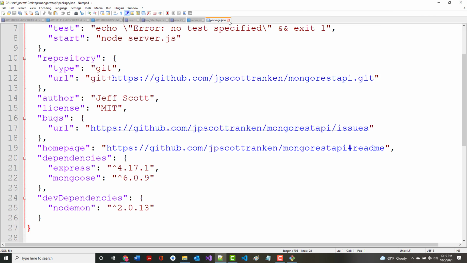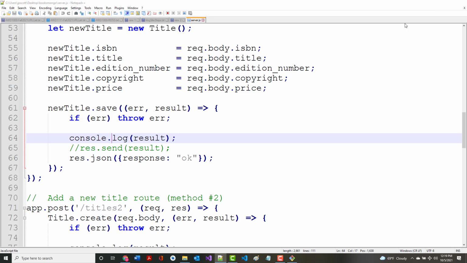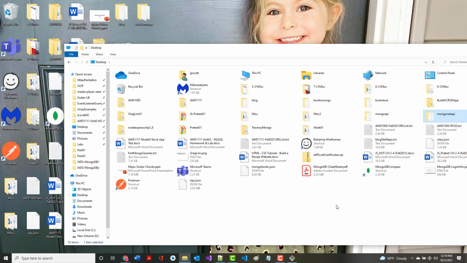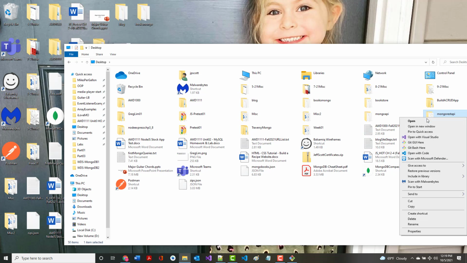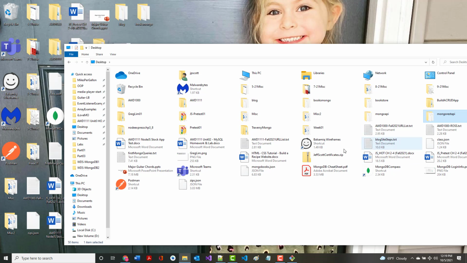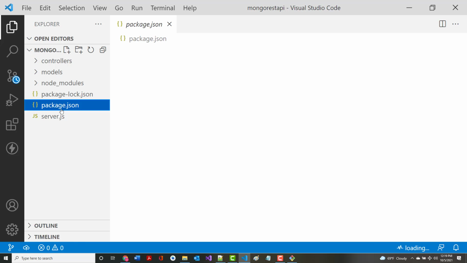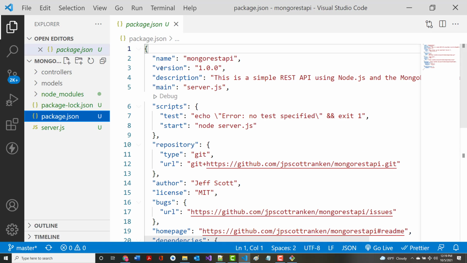Now I'm going to open up the entire folder in Visual Studio Code. So there it is, Mongo REST API. So I'm going to open it with code. All right. Now, just because it's good practice, I'm going to come in here and get rid